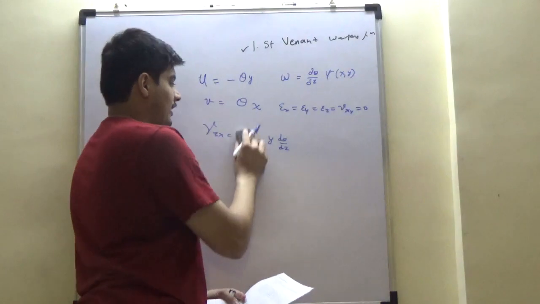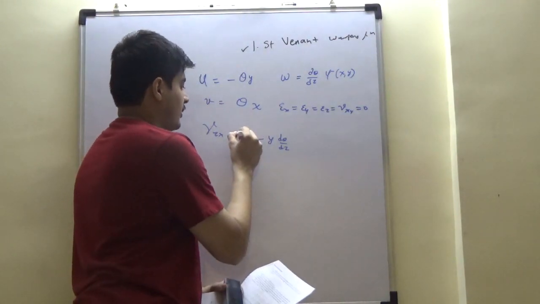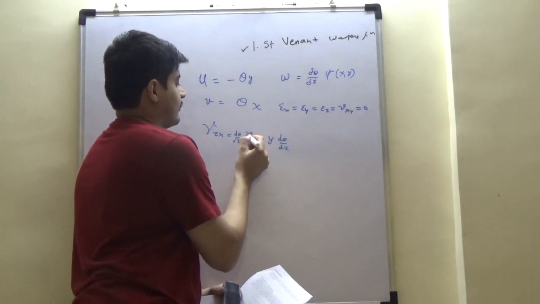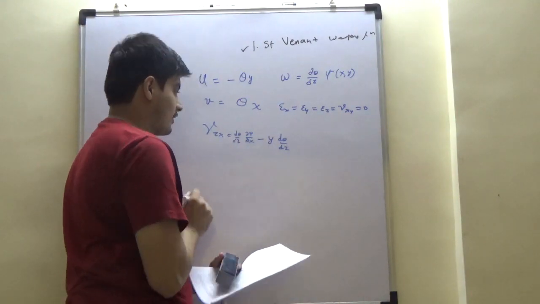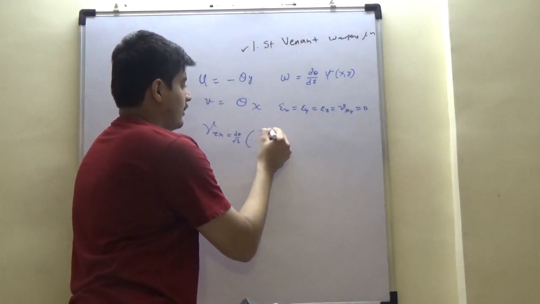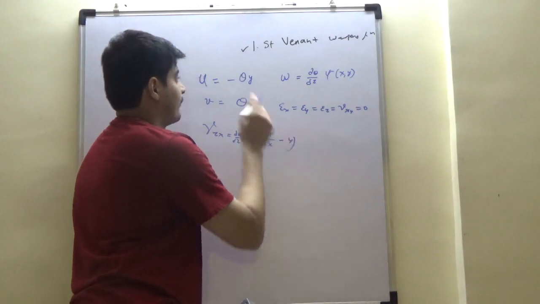And del W by del x here is nothing but d theta by dz del psi by del x, right? Because it is with respect to this. So d theta by dz can be brought out, and you have this del psi by del x minus y,